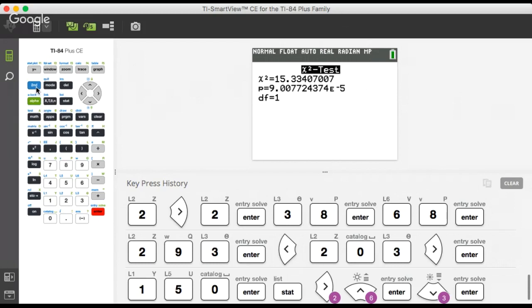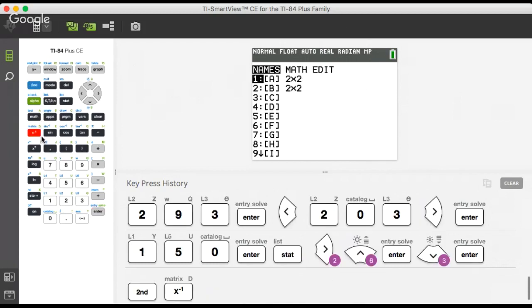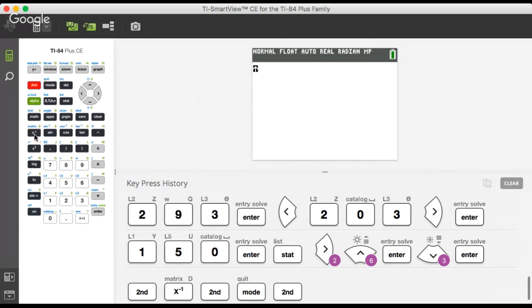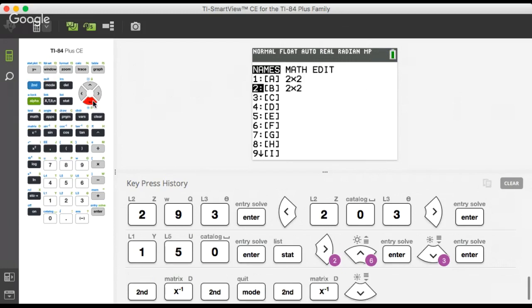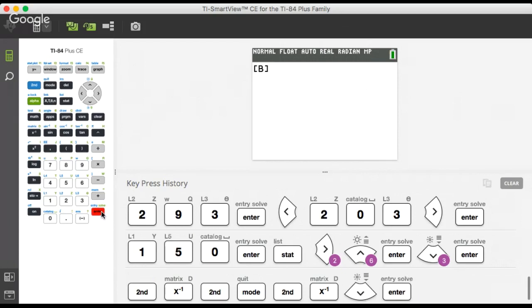Now, if you did want to get your expected value, you could go to second x to the negative first. And actually, I would quit out of all this and go to second x to the negative first. And notice I didn't plug anything in for B. And you don't have to delete it each time. So once I get here, I can just simply come to B, press enter again, and there are my expected values